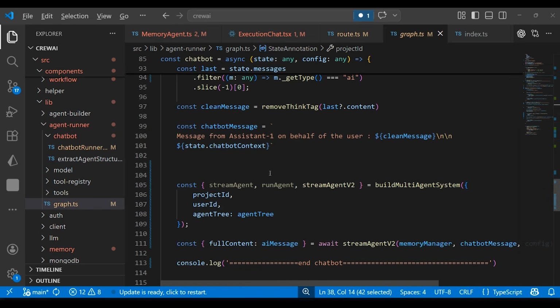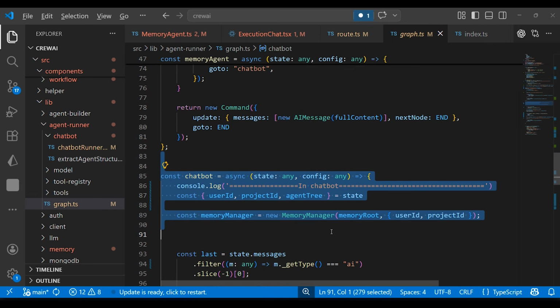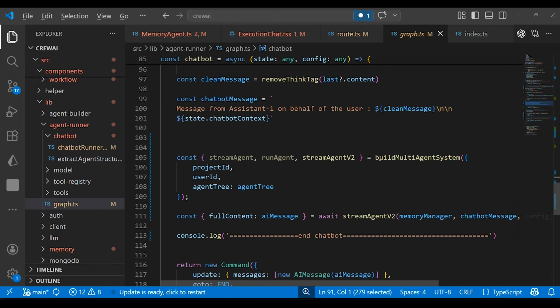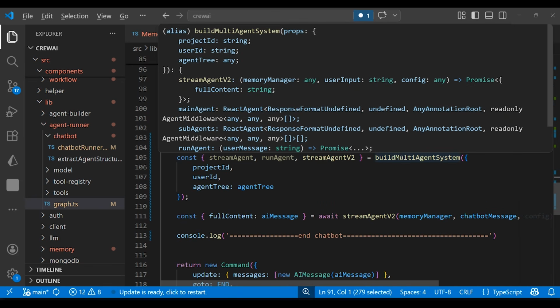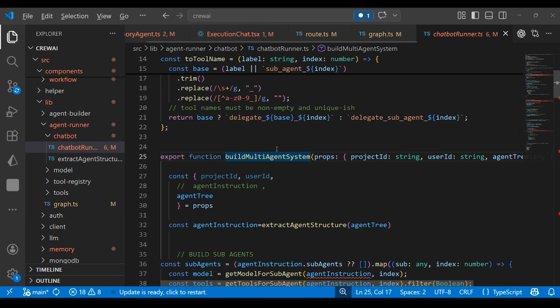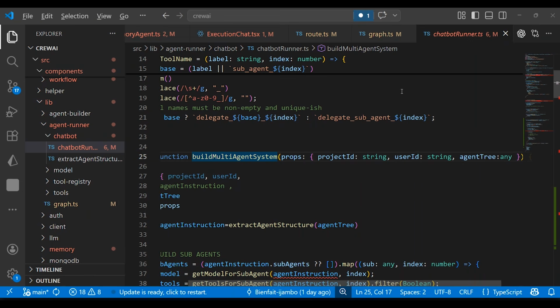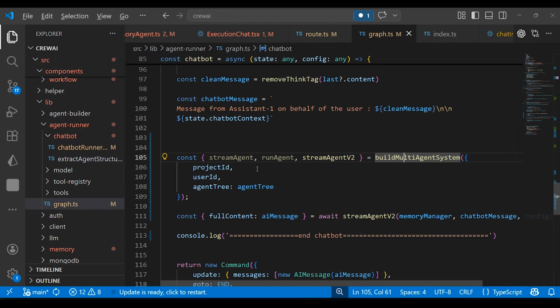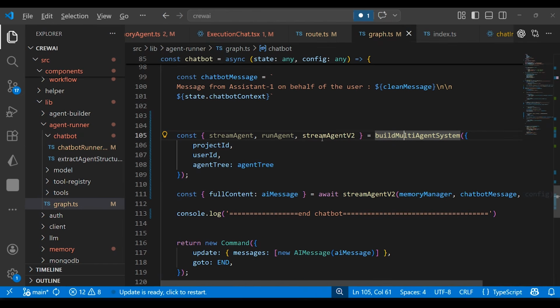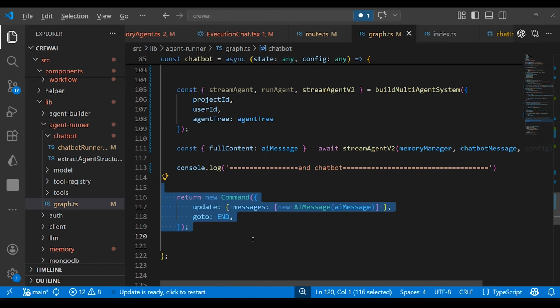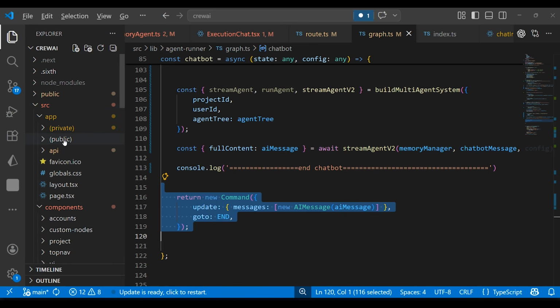Then inside the chatbot node here, I extract here the agent tree. And then I take the agent tree, I pass it to the build multi-agent system function. Let me click here, I pass it in here, to the agent tree. And then once this agent responds, we are going to return here the data. Here you can see we extract the A message, and then we take the A message and pass it here. Then if we head into the API folder